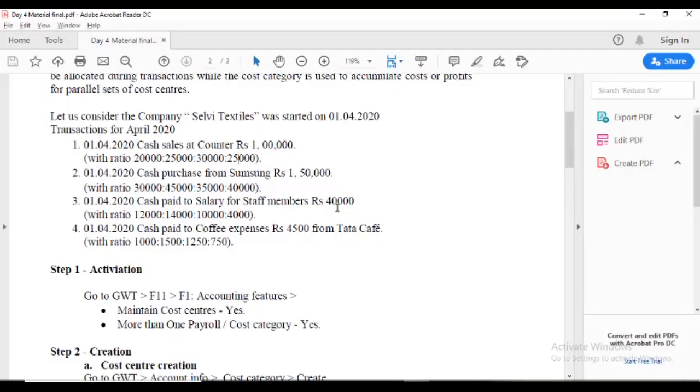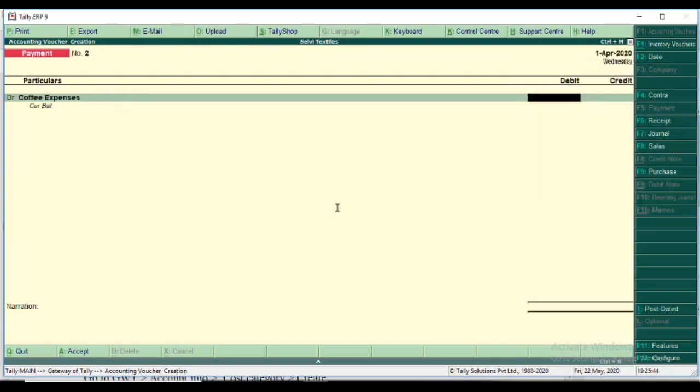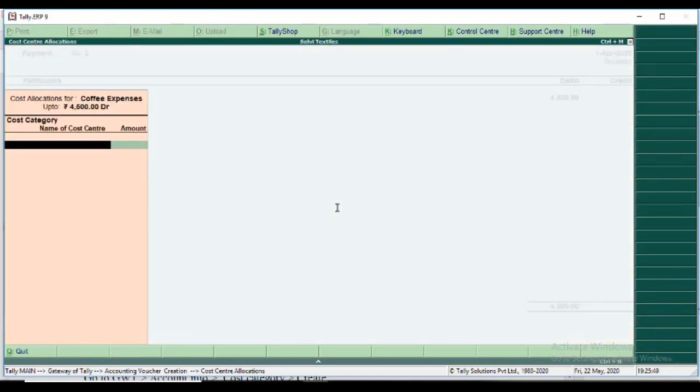And then the final entry: cash paid, coffee expenses rupees 4,500. This is also negative cash. Coffee expenses rupees 4,500. Okay. Cost category name, branches.